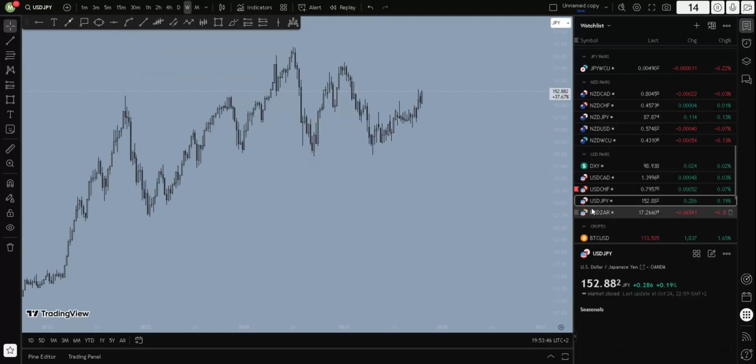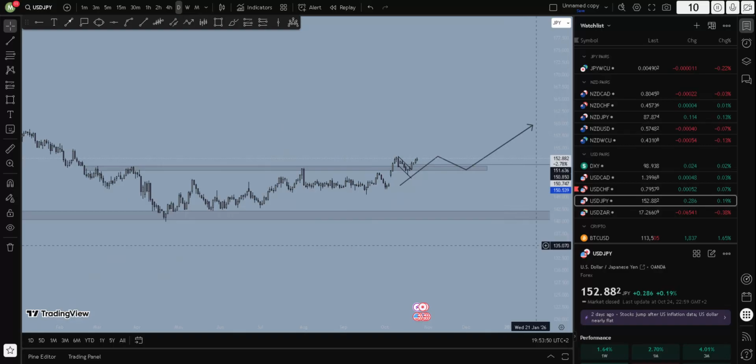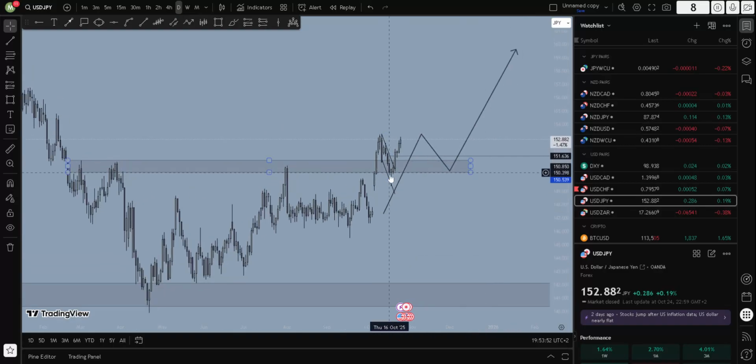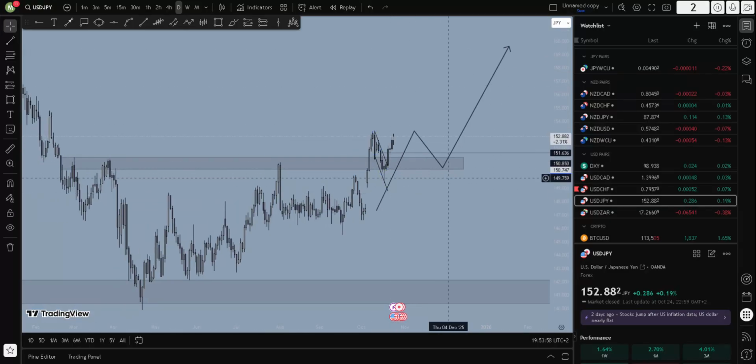Okay, consolidation. USD JPY. Okay, USD JPY. There we go. Okay, that's actually played out already, but we could get another retest for another